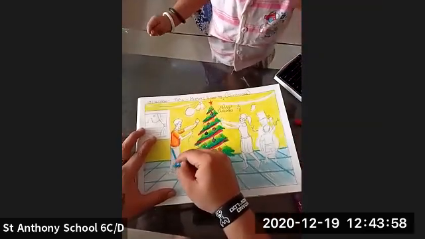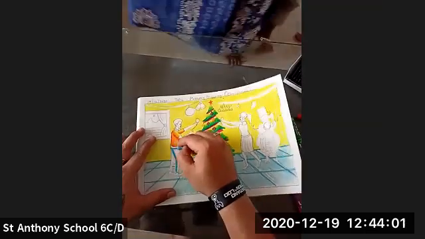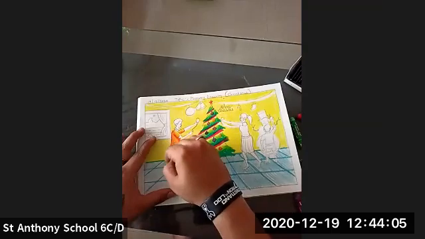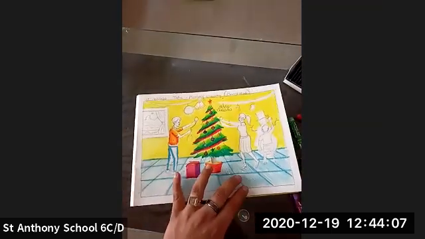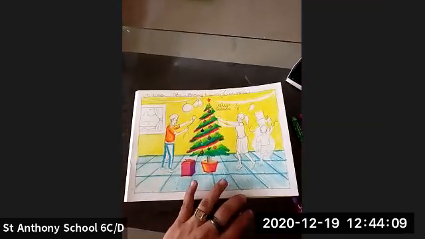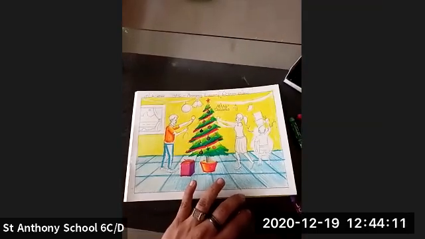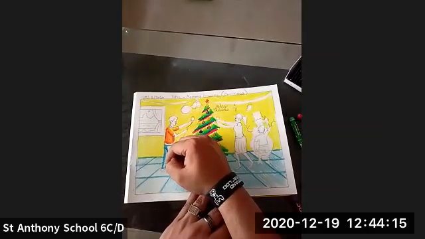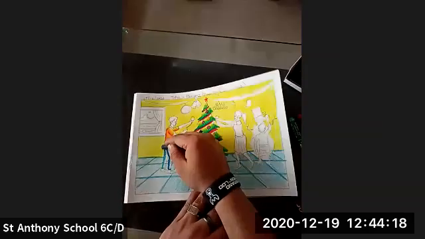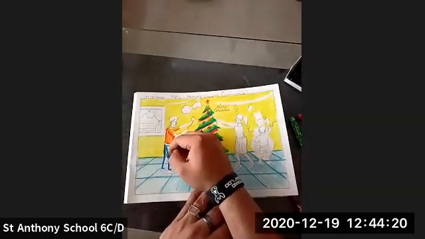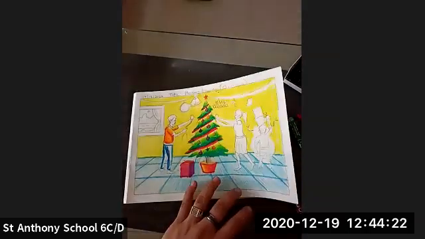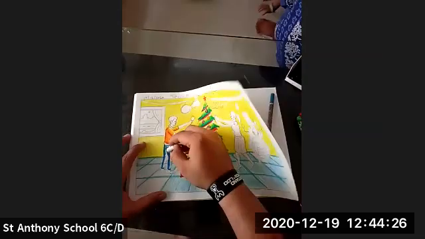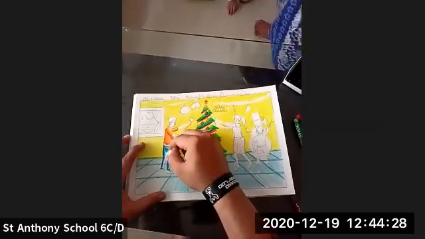Here you can see I've used a blue shade, and then I'm using some dark blue in this way. Afterwards you can take white and just merge it properly.